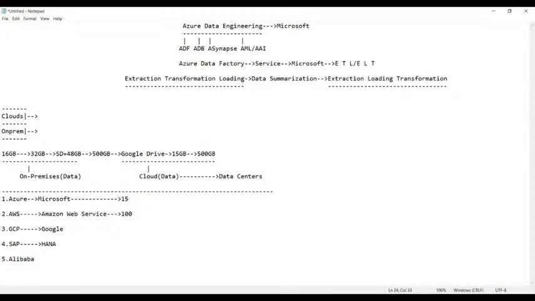So hence the market leader and the number one product available in the market in cloud technology is Azure, from Microsoft. Getting my point? Whether Azure or Amazon or Google or SAP or whatever it may be, you have it, guys. All of them